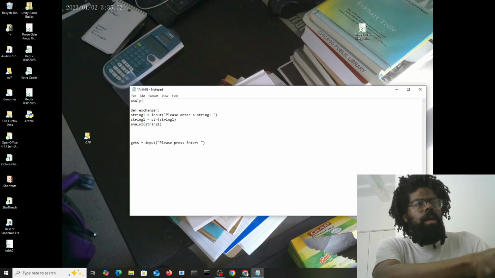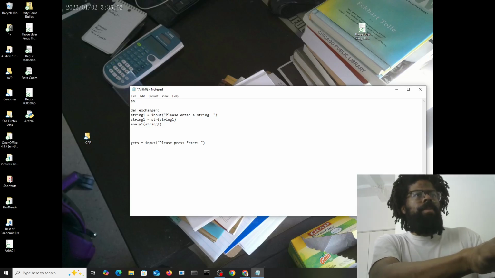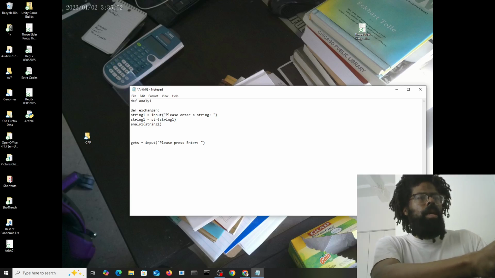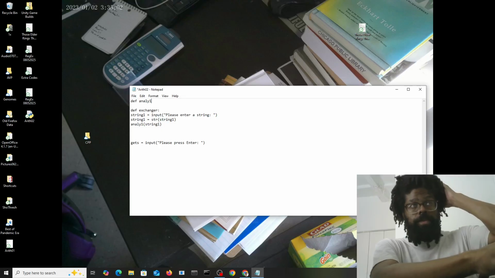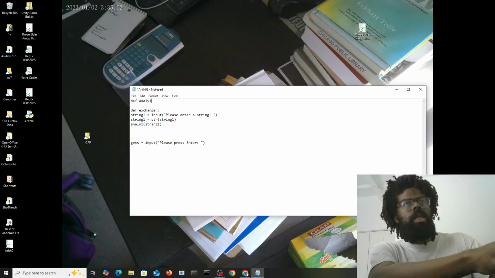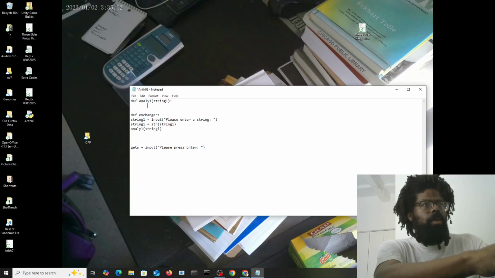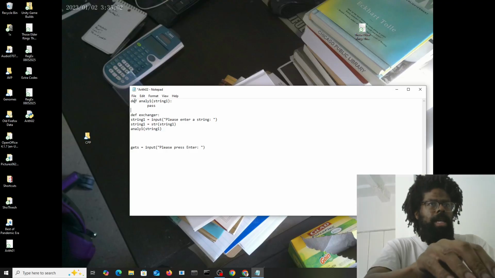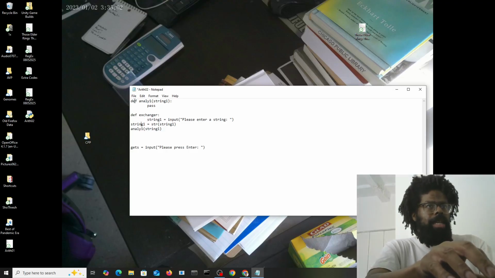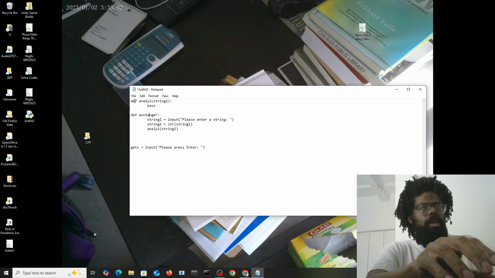Def anomaly 1, string 1. Put a colon right there, and then why don't I go over here and put pass? As a matter of fact, I made a mistake down here. I was supposed to indent this right here. So I put pass,